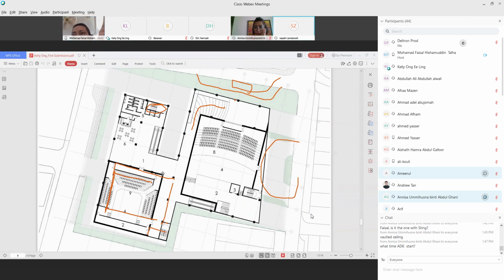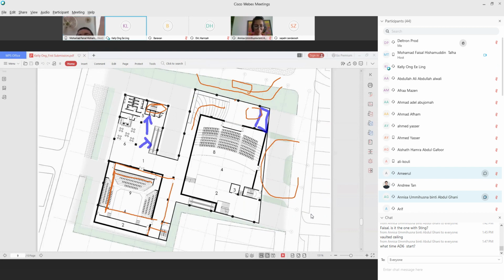No lift over there. I want to do it here, but there's something down there, so I'm still planning. And escalator also I don't have. Escalator only have this one. Sorry, that one is elevator.